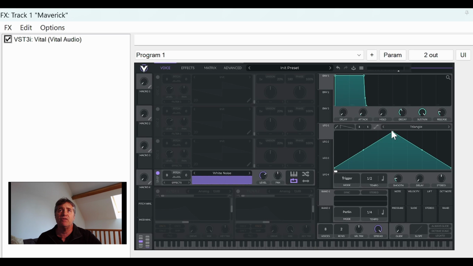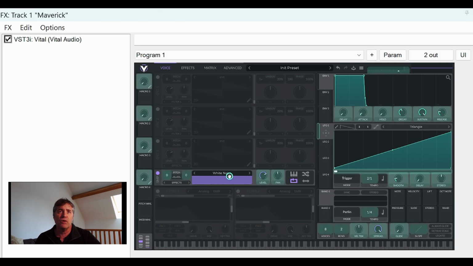So we're going to use LFO 1 and we're going to create a triangular shape like this, and we're going to set it to 2 bars. So basically that's going to take a 2 bar period to rise up. We'll put this across over onto a